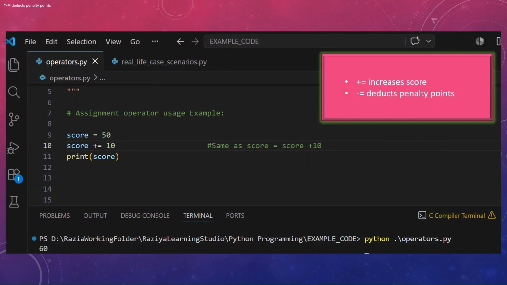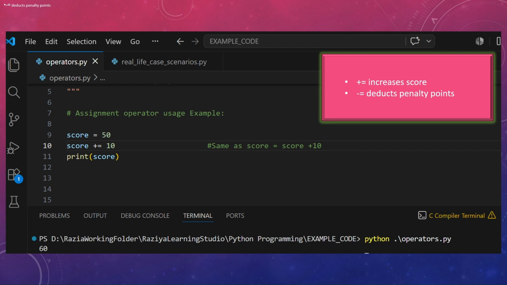Here, for example, I've just used a simple plus. This is a variable score, a box labeled score, with 50 put in that. But here it is saying score plus equals to 10, which means score is equal to score plus 10. Whatever is the previous value in our box, 50 is there already.